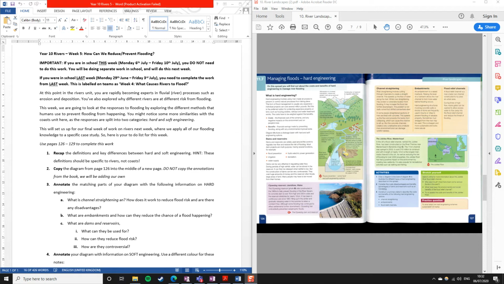Now, this is another pitfall that a lot of students fall into when they're comparing rivers and coasts. They get mixed up about which unit they're talking about. So remember, if you're talking about rivers, you're talking about upper course, middle course, lower course flooding. If you're talking about coasts, you're talking about landforms created by erosion and deposition. You're talking about storms damaging the coastline. And hard and soft engineering is probably the most confusing bit because we use the exact same terms in rivers